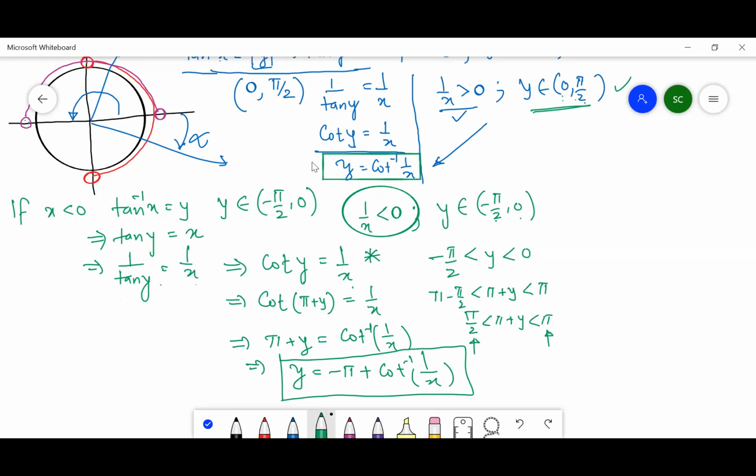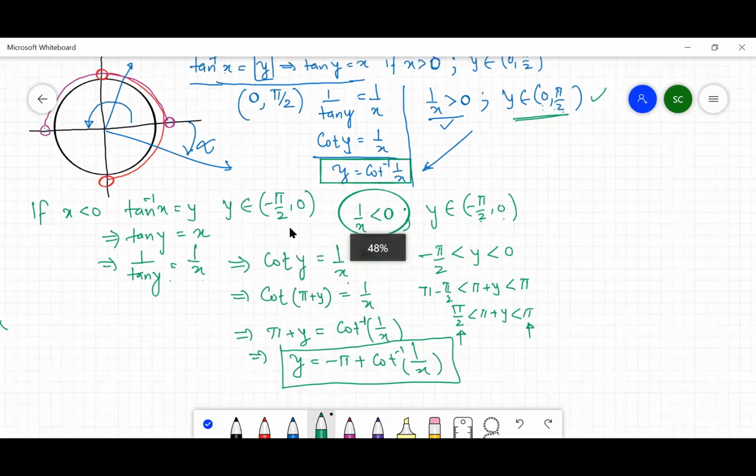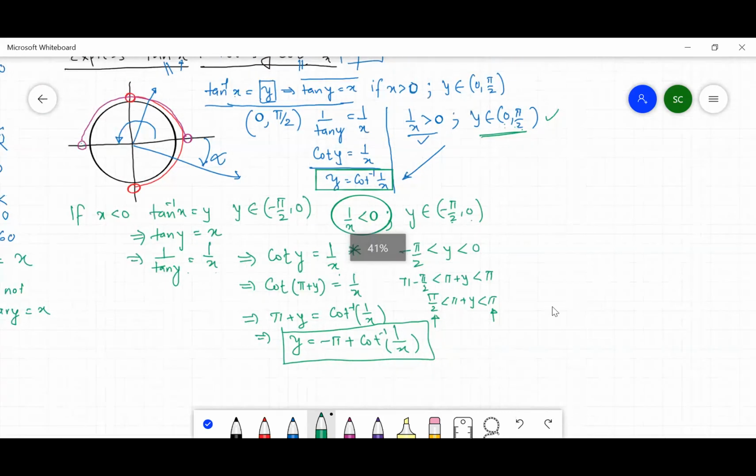I hope you have understood this. You can take it down and cross-check whether you really understood it or not, because every now and then you will have to keep doing adjustments like this. So geometry is good because you come to know what trigonometric adjustment you are supposed to do.